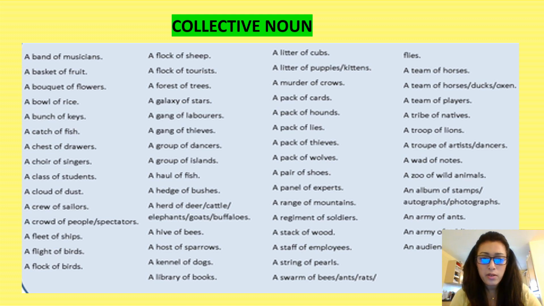gang of laborers, a gang of thieves, a group of dancers, a group of islands, a haul of fish, a hedge of bushes, a herd of deer or cattle or elephants or goats or buffaloes, a hive of bees, a host of sparrows, a kennel of dogs, a library of books, a litter of cubs, a litter of puppies, a